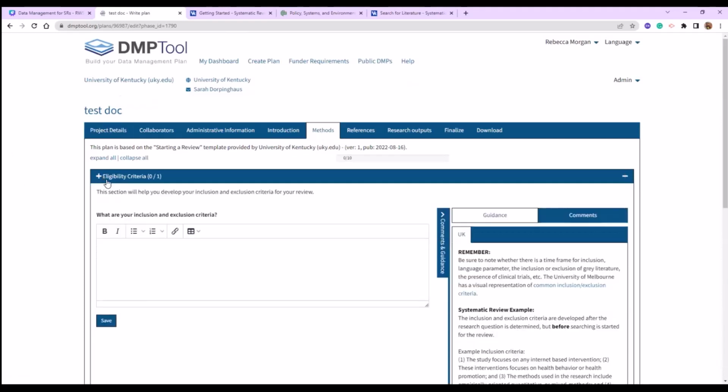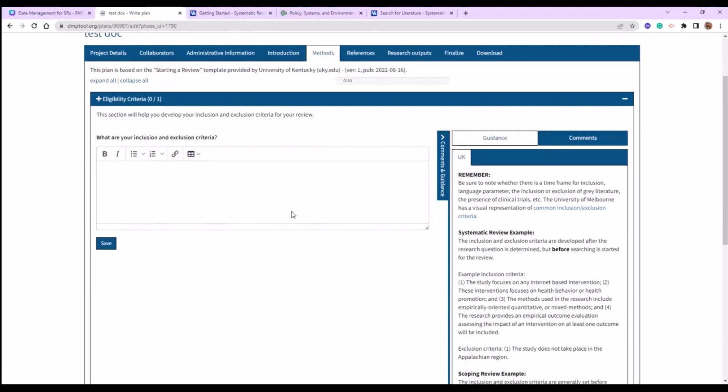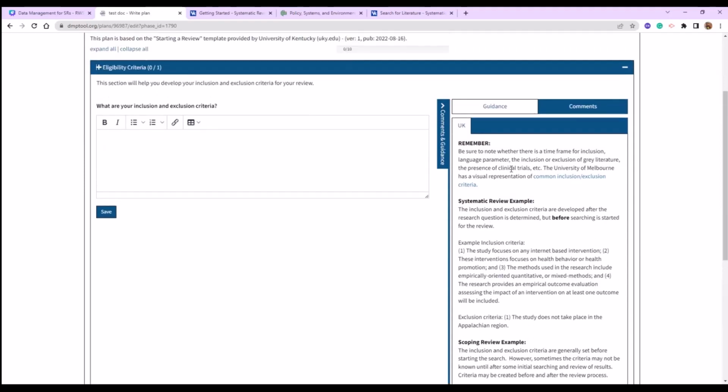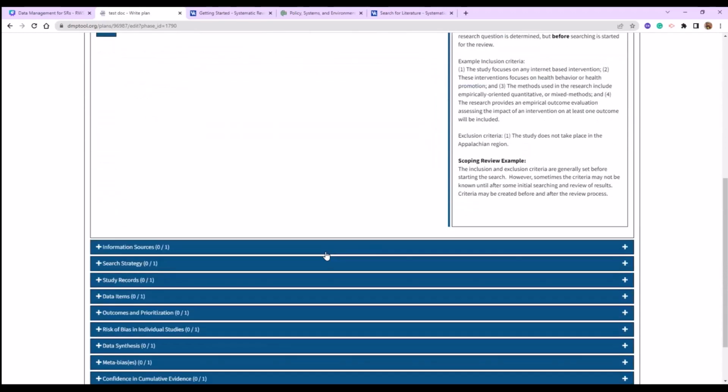And in all of these, you will notice there's a section for you to enter the text, but in almost every case, we have provided a systematic review example, a scoping review example where applicable, and notes about tips and things that you want to remember. So there's example text of what you're looking for here. Not all of this is necessarily directly related to data management, but there are certainly parts of it that are critical to it. For example,